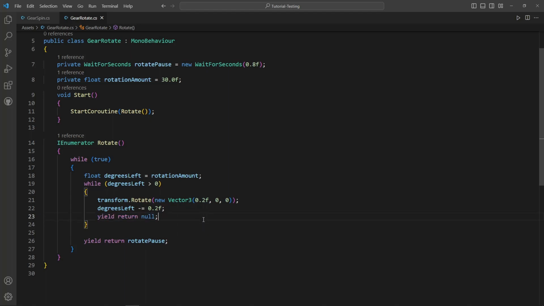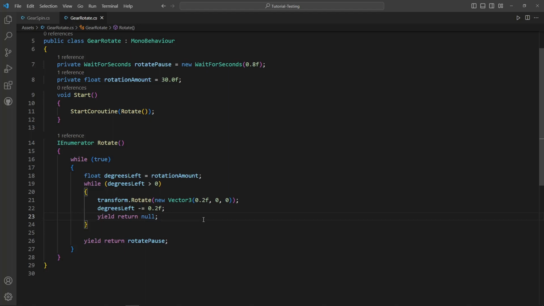So if the frame rate is say 30 FPS, the gear will rotate a smaller amount compared to if the game was running at 60 FPS because there's going to be more frames called in the same amount of time. So what we're going to do is actually use Time.deltaTime,